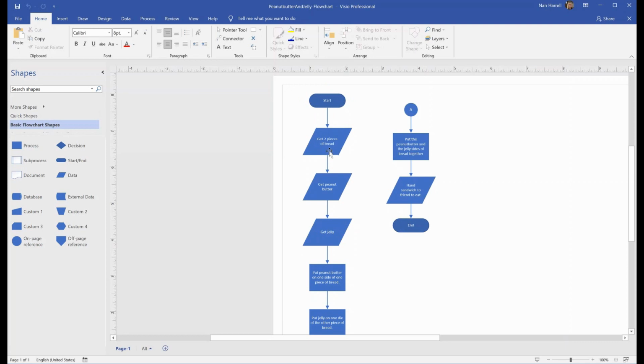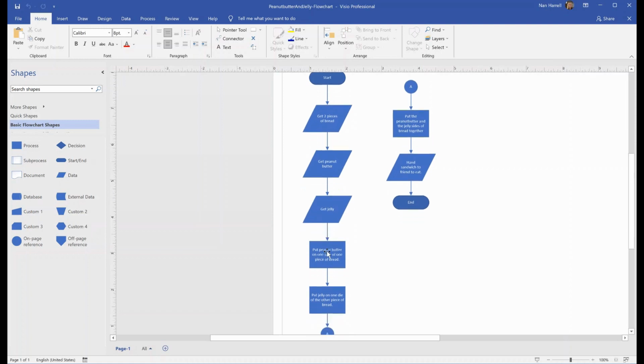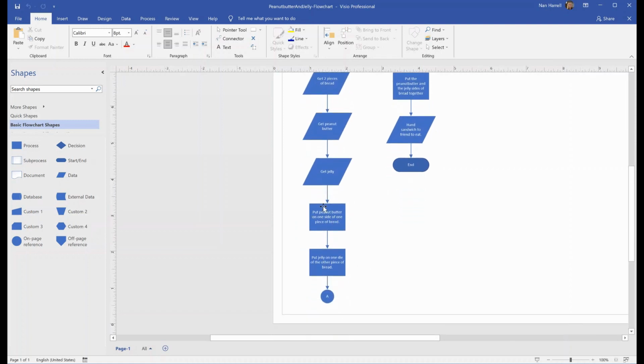Start, get 2 pieces of bread, get peanut butter, notice we're getting, so that's input. Get jelly, oh, that's input. We didn't have it before, now we have it. Then we take what we have and we do something with it, so those are in process boxes. Put peanut butter on one side of one piece of bread, put jelly on one side of the other piece